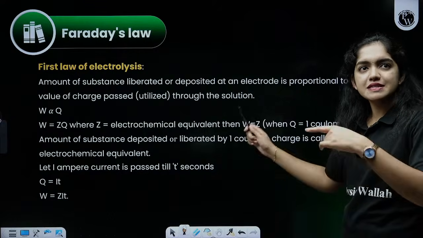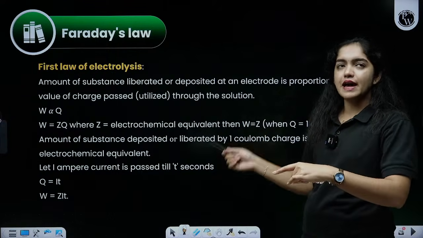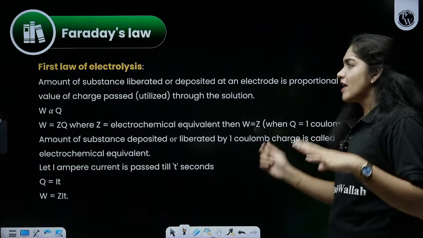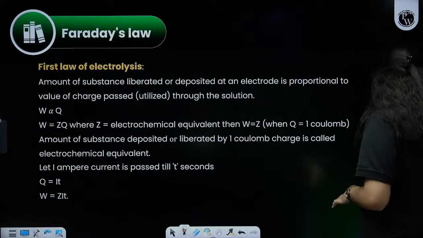So again, for your revision, I have added the slides. We already discussed the same thing: Faraday's first law, Faraday's second law. Then